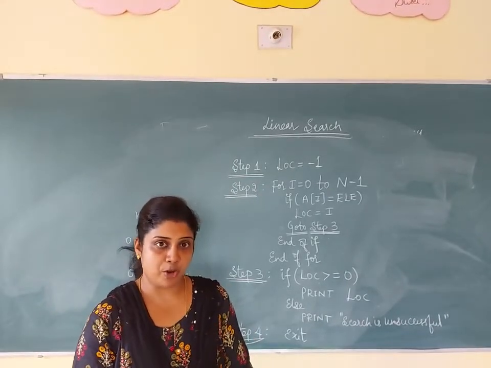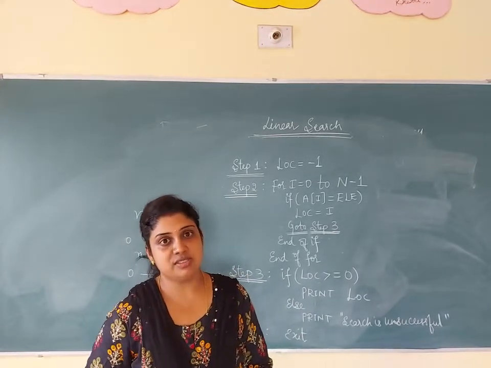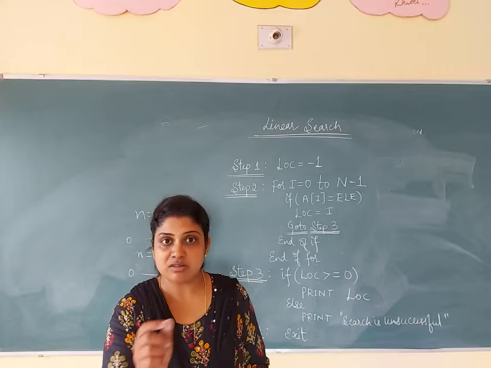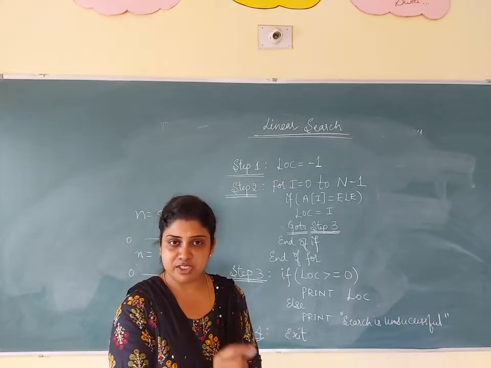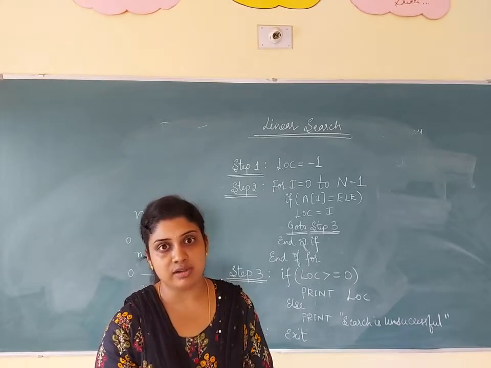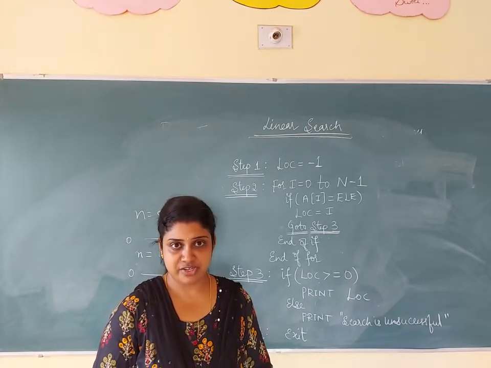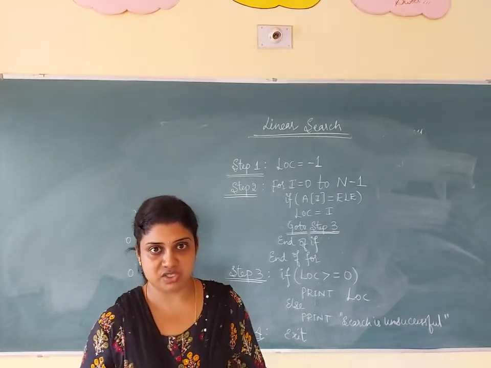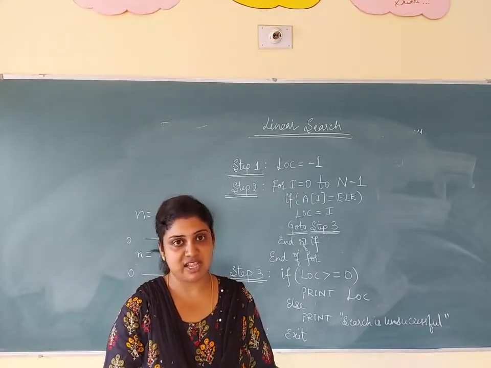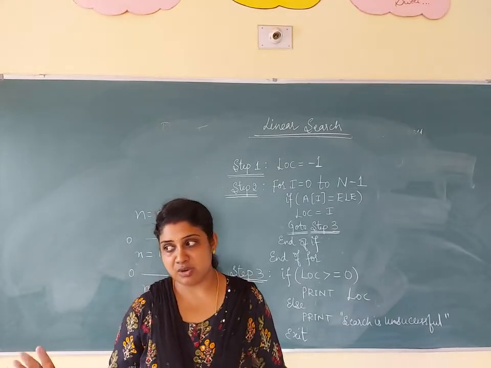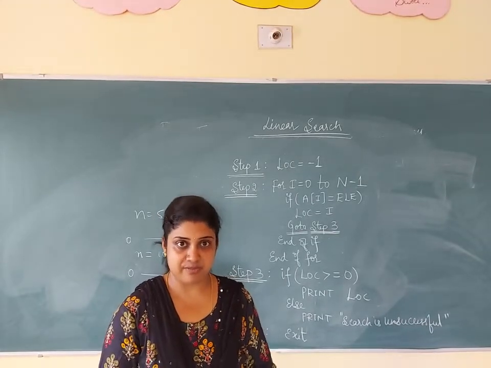Now, what is the drawback of linear search? If it is 100 records, 1000 records or 10,000 records, you have to search from position 0 only. If you are searching for an element from 0, what will happen? It will take more time to search. With 5 elements, we can easily tell by seeing in which position the element is present. If it is 1000 or 10,000, it will search, but it will take some time to find an element.